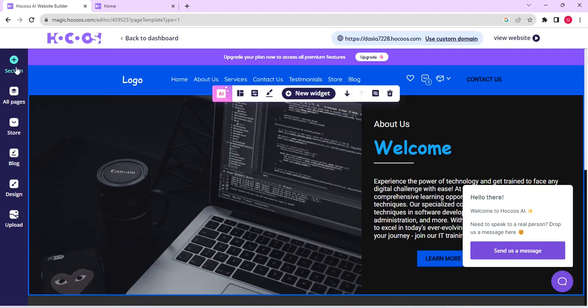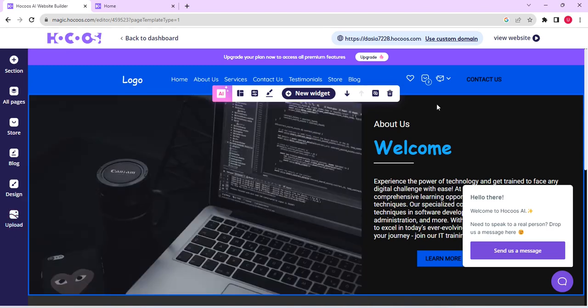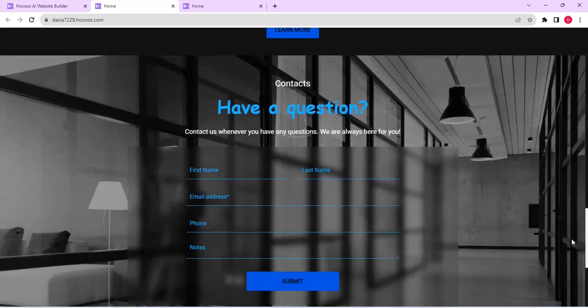You can add sections using this. You can actually upload stuff like the logo I mentioned earlier. You can use this tab to upload your logo and do a whole lot of things. So going back to the website, looks good. So guys, try out this very important